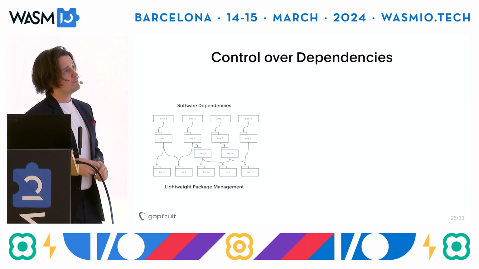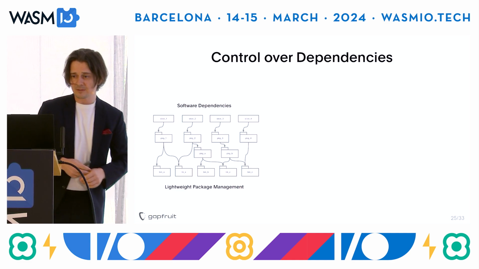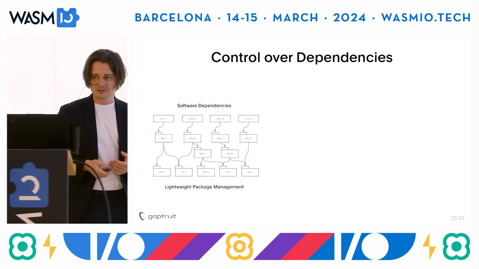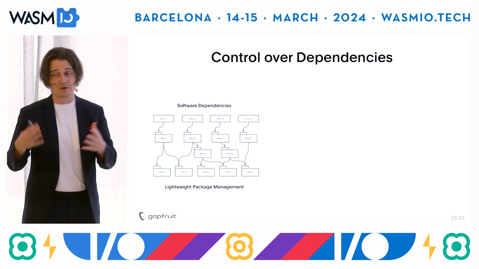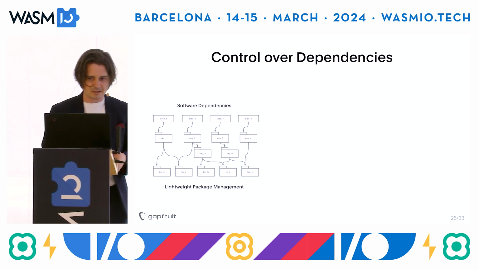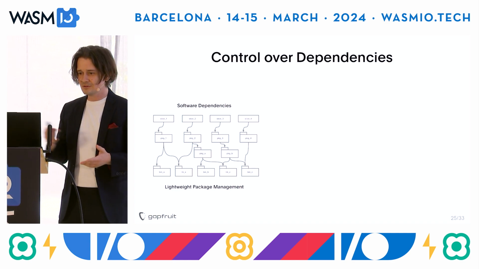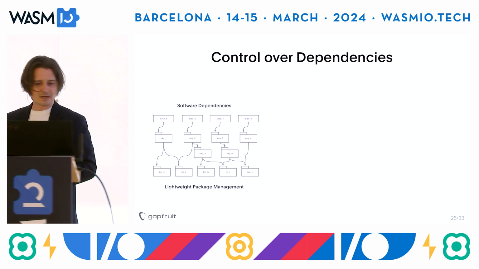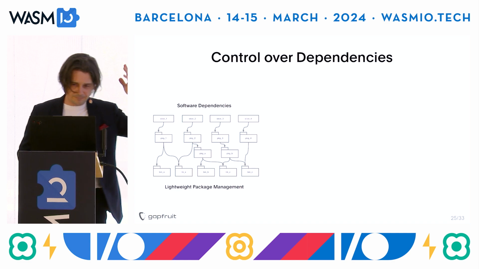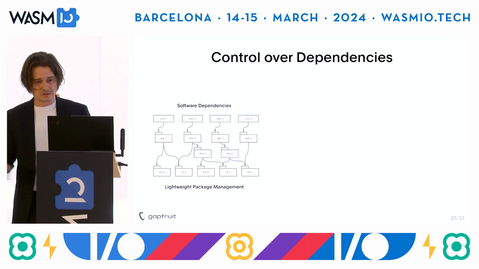So there are three types of dependencies in a Gapfruit system. The first type is about the software bill of materials. When people in software engineering talk about dependencies, they often mean some form of library dependency. So especially from a security perspective, but also from a maintenance perspective, you need to be careful which libraries your apps depend on. Our package management system is inspired by Nix, so you always know the exact dependency graph during build, during deployment, and during runtime.